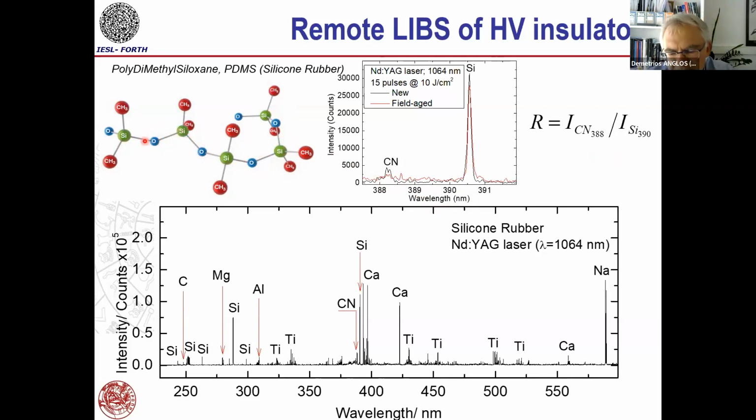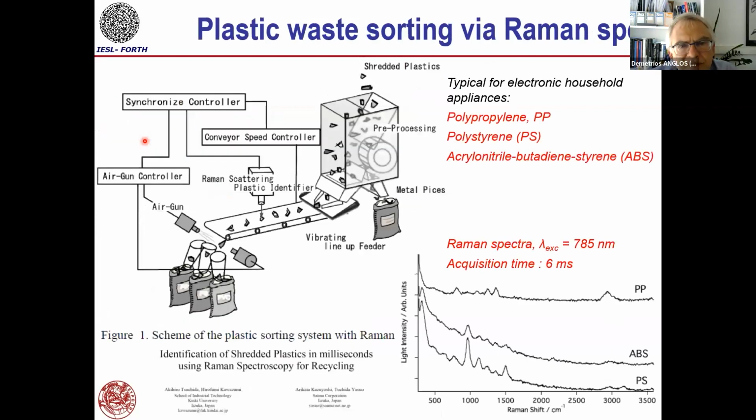So this is something that we have been working on in the past years, and actually now recently in collaboration with other groups and a company, we try to make an integrated LiDAR system that will be doing LIBS on insulators on actual power lines. I will move on to something which is more relevant to our project, plastic waste sorting